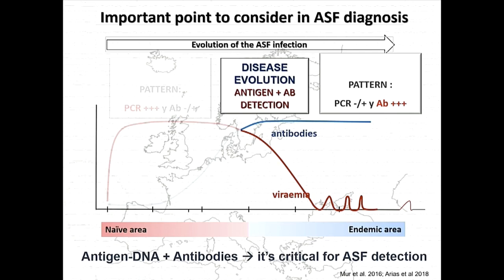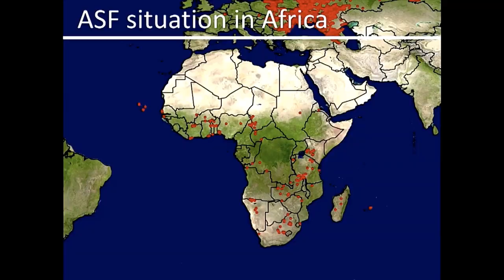So that's clear. What I recommend is never use only PCR for diagnosis, because the animal that you have there, or the tissue, or the blood, probably is already with an attenuated strain. So you do both, PCR and antibodies, and you're going to have 100% security of your diagnosis.